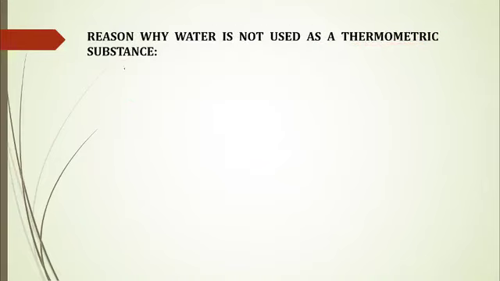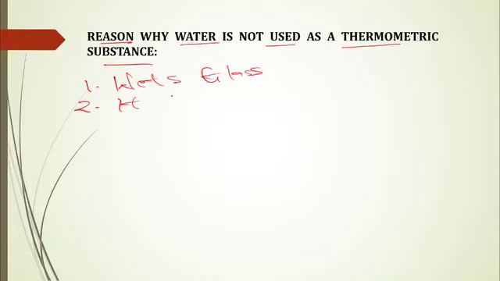At this point, let us emphasize more on reasons why water is not used as a thermometric substance. One of the reasons why water is not used as a substance is because, one, water wets glass, like I mentioned earlier. Apart from the fact that it wets glass, it is colorless, it is transparent,